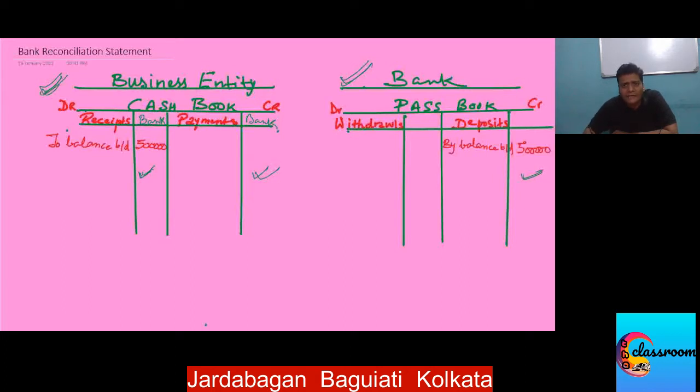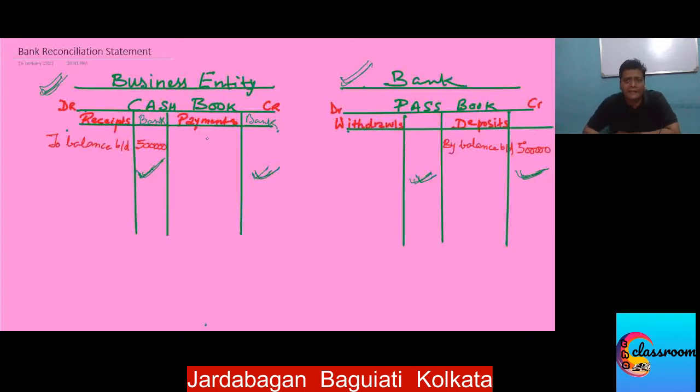What does the bank do for that? For that, the bank withdraws this amount from our account. Once these checks are presented by the person who has received this check from us, he'll go to the bank and, as a result, the bank will debit this amount. So the similar amount will be withdrawn from our account. So what did we learn? Whatever we receive over here gets deposited into our account, and whatever we pay by way of a check, the amount gets withdrawn from our account in the passbook.